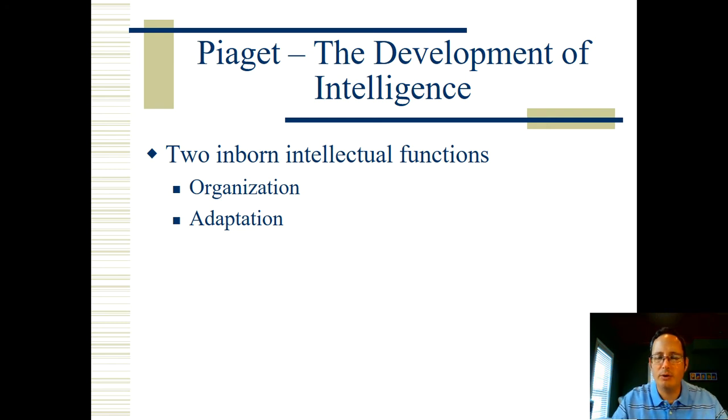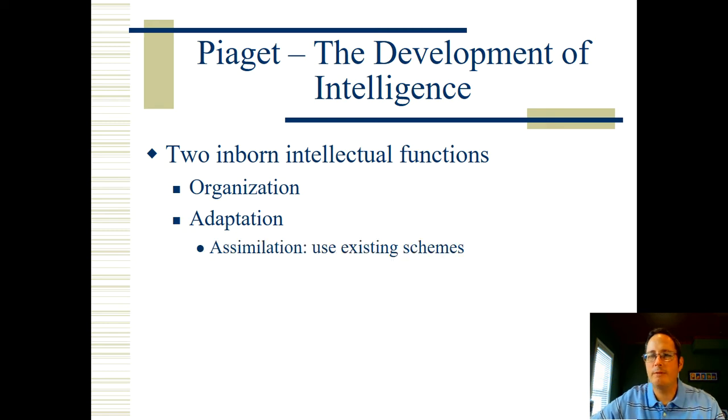And so, in other words, we want to make sure that the way that we're organizing things in the environment matches what we have up here so that we can get in that environment very easily. Okay, so this matches with here. And we do that through adaptation when we are introduced to new objects that we need to develop schemas for. So the first one is assimilation. Okay, so I'm using existing schemas in trying to take that new information and put it into them.